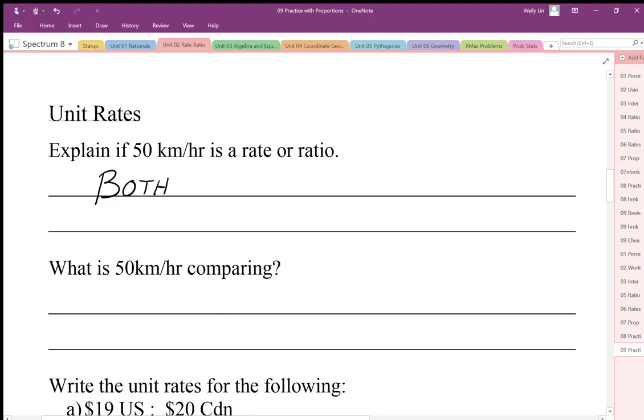Okay, because we can write 50 kilometers an hour as a ratio of 50 kilometers compared to 1 hour. Okay, so this is a ratio. It can be written as a ratio, and it is definitely a rate. And what is 50 kilometers an hour comparing? It's comparing kilometers to the number of hours. And this ratio, depending on if you have more kilometers or more hours, you're going to be going faster or